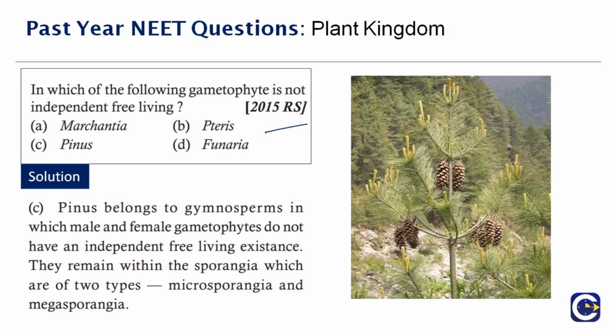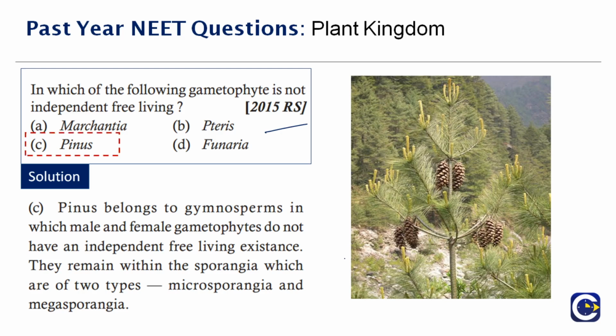Okay, Pinus, as you know, belongs to which category? It belongs to gymnosperms, in which the male and the female gametophytes do not have an independent free living existence. They have two types of spores, which remain within the sporangia, which are of two types, micro and macrosporangia, or you call it megasporangia. And if you see this system, they are confined within one system. They are not free living. They are confined within one system, and both the systems are in the same sporangia. Therefore, when they talk about not independent free living, the correct answer to this question is option C,